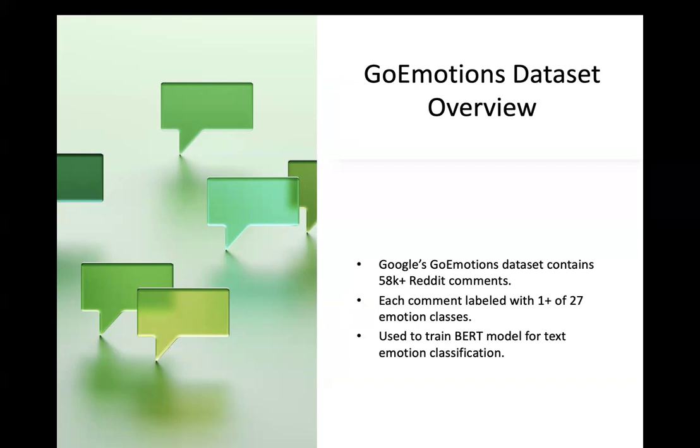Each text input can have multiple emotions, so we treated it as a multi-label classification problem using binary cross entropy loss. We trained the model in PyTorch for 3 to 4 epochs using mixed precision to reduce training time. Our model achieved good F1 scores, particularly for dominant emotions like joy, anger, and sadness.